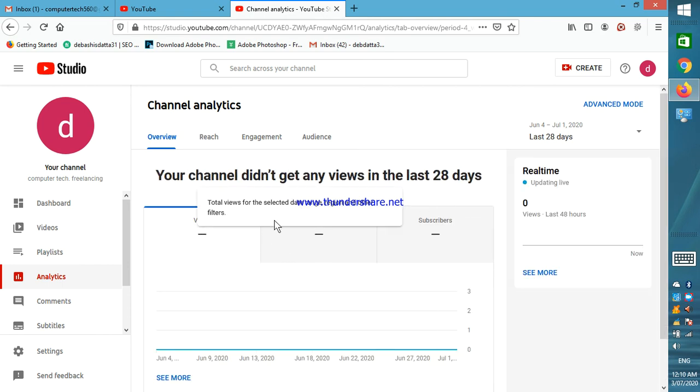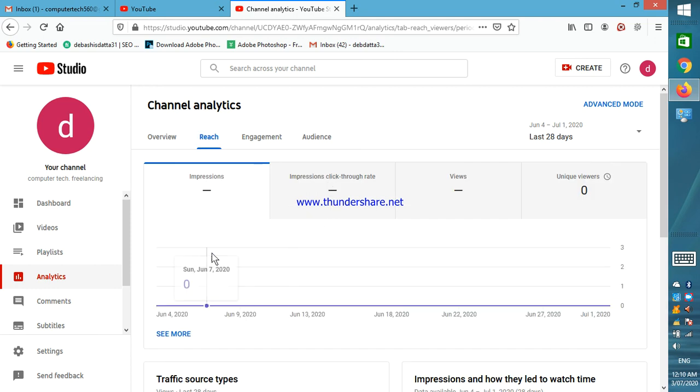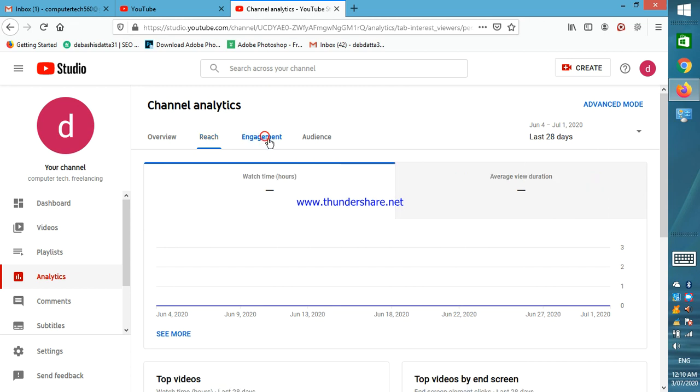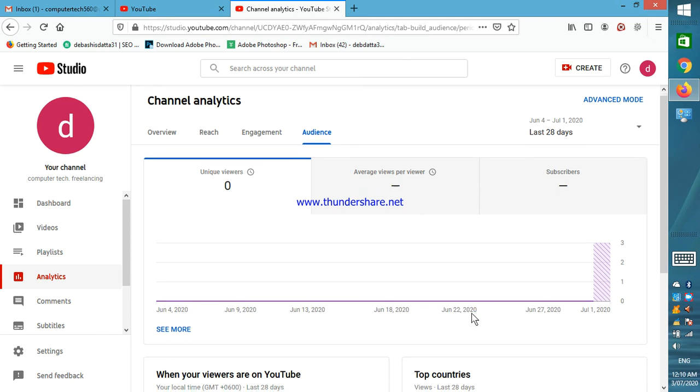So you can see here views in the last 28 days. You can see reach here, then engagement, then audience, see unique viewers, average views per viewer, subscribers.